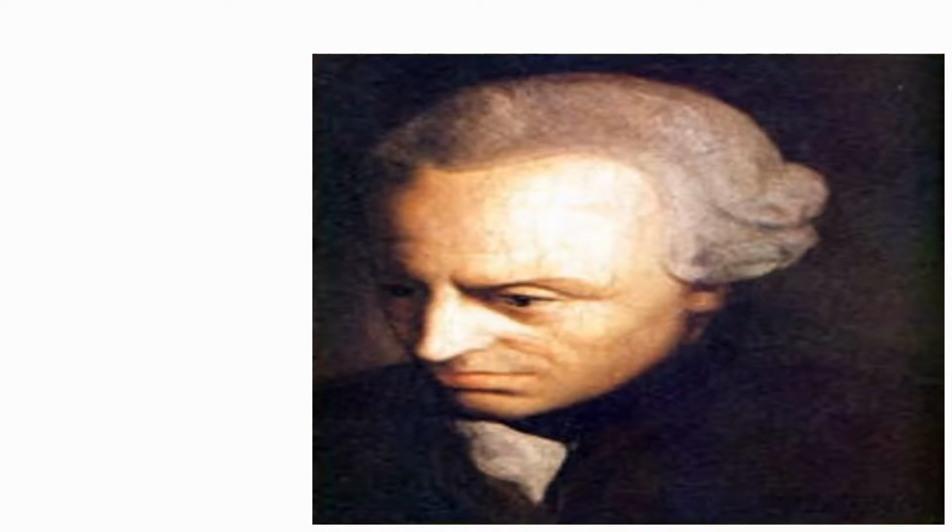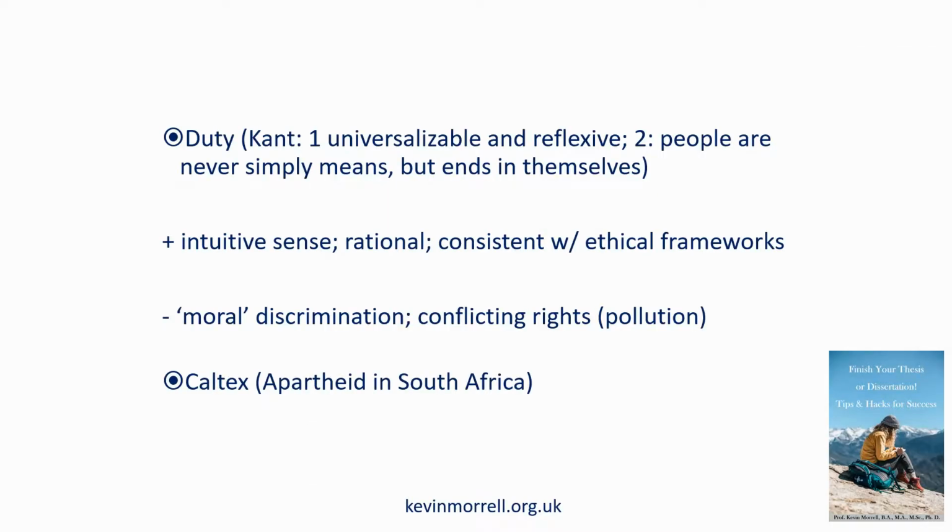This guy is Immanuel Kant, and he's most associated with the ethics of duty, or it's sometimes called Kantianism, which is a particular form of this ethics of duty. He has two principles. They're basically like the golden rule of how you treat others. First of all, he says act in such a way that it's universalizable. So you imagine you're living in a place where everybody does the same thing faced with the same situation, and also in a reflexive fashion. So how would you feel if it were done to you?